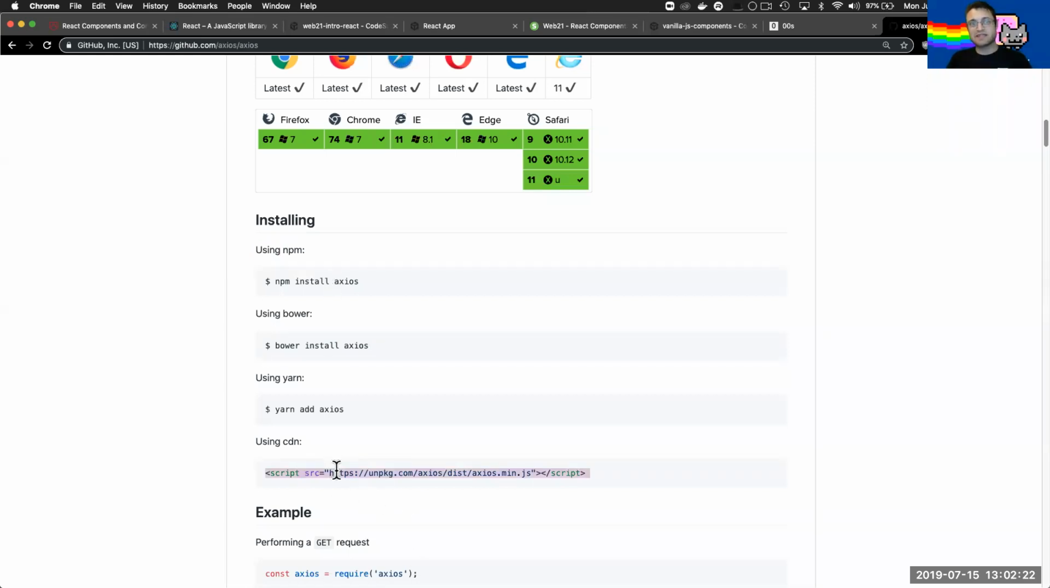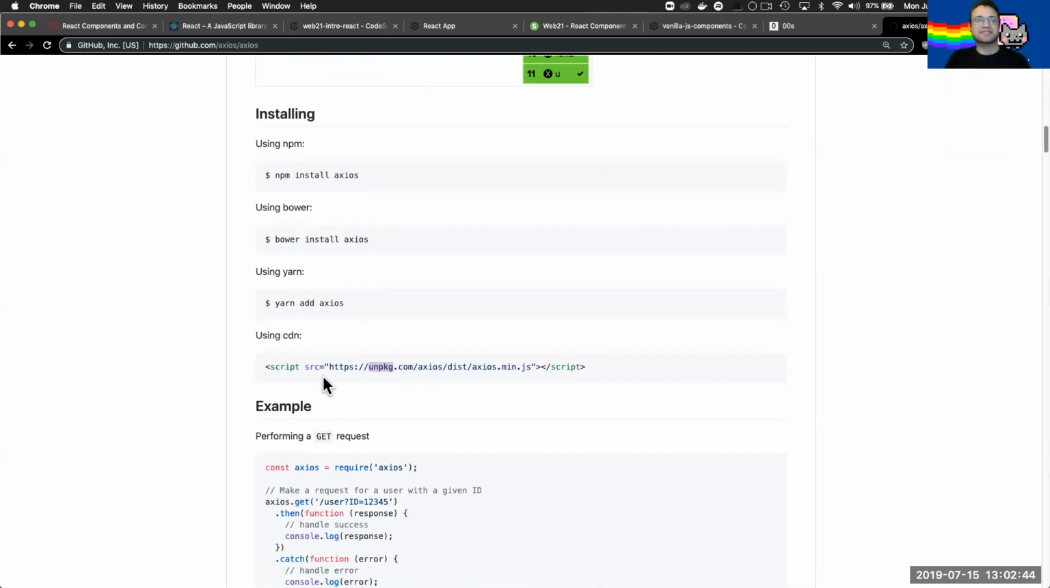But this is the method that we were using before. We were using a script tag with a source pointing to a CDN, a content distribution network, and in this case called unpkg is the one Axios chose. So these are options. You do not combine these. You have to pick one. So the way this works is